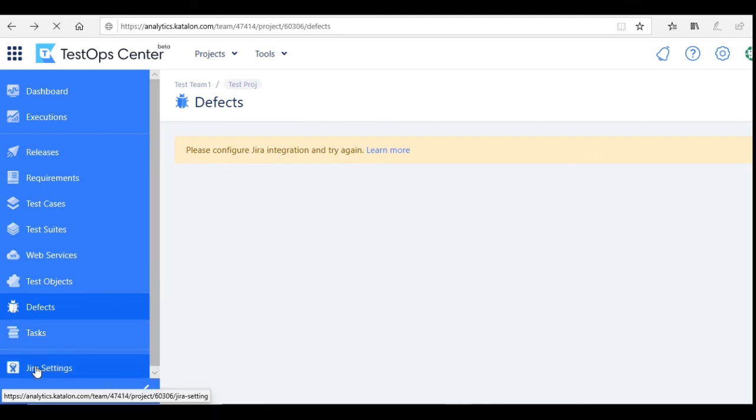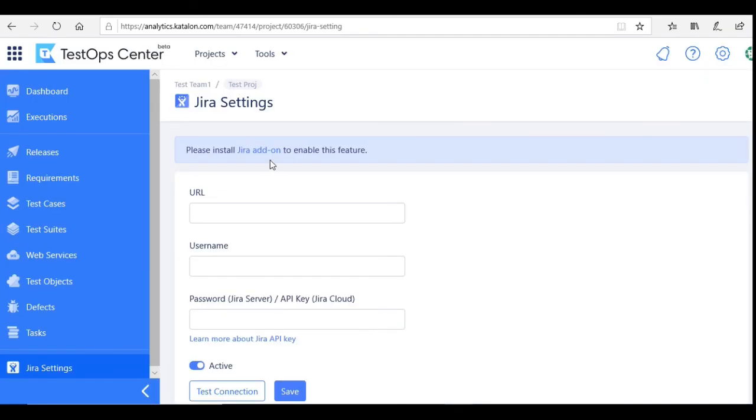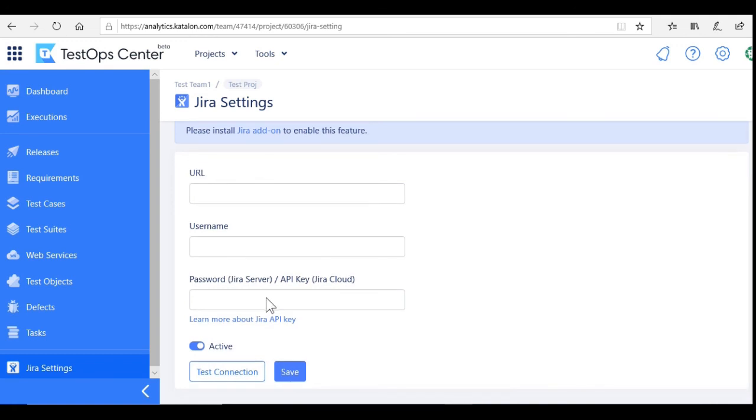To integrate Jira, click on Jira settings. You have to install the Jira add-on, the Jira plugin, and then provide the URL, username and password, and then test the connection, and after clicking the save button, you will be able to use it.